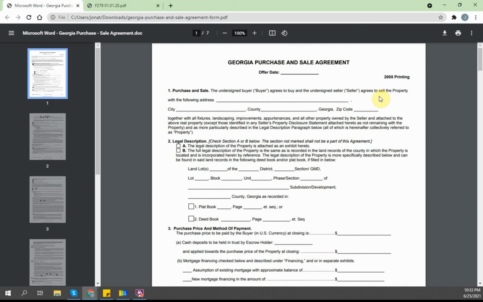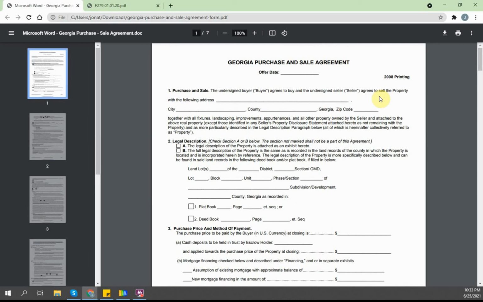I had no issues using those before, so I usually use the long ones for when sellers are a little more savvy about real estate. If you use this contract with somebody that's not really savvy about real estate, you may just scare them off. So it's better to pull out that 2-page contract. Just use your judgment with this.